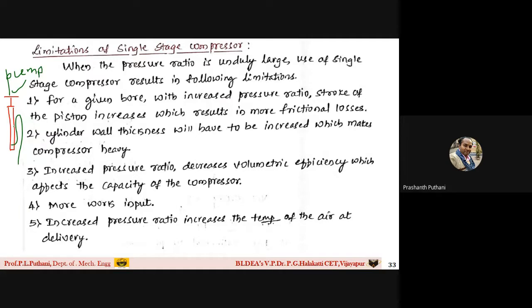This small pump you can use for filling the air in the tires of your bicycles. Can you use the same pump for filling the air of the tires of lorries or buses? Is it possible? Does it take the same time or more time to fill the air with this particular pump for buses or trucks?